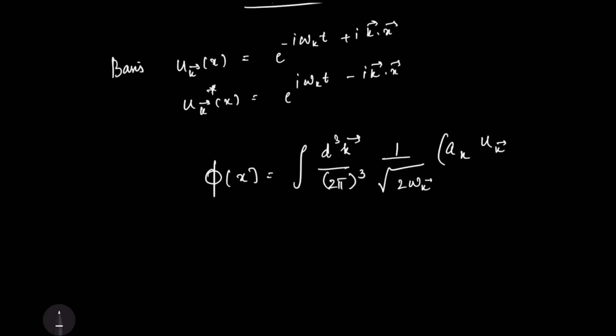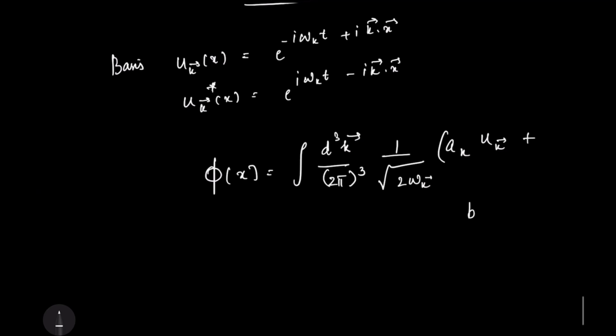Okay, and in the previous classes I used to write a star uk star in the next term, right? But now onwards I'll write bk star uk star. So there is a small difference from what I have done in the real scalar field theory. When you come to complex scalar field theory, here phi is not real. Here phi is a complex number. Okay, so earlier in the real scalar field theory we used to write a star, but here I have replaced